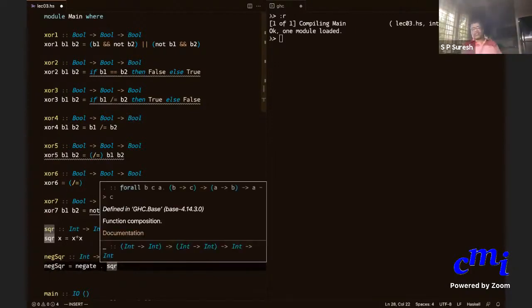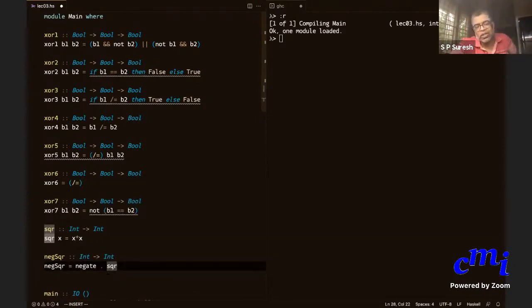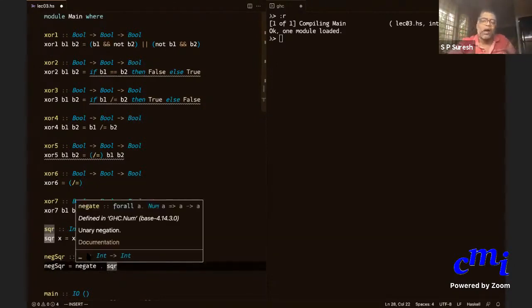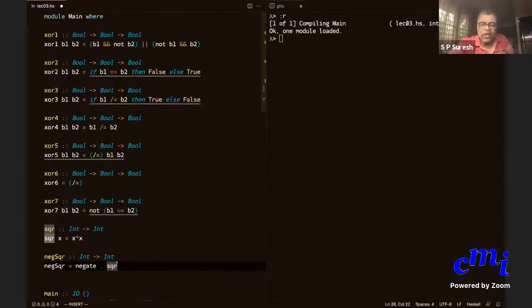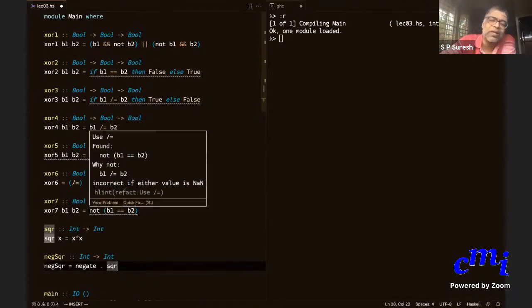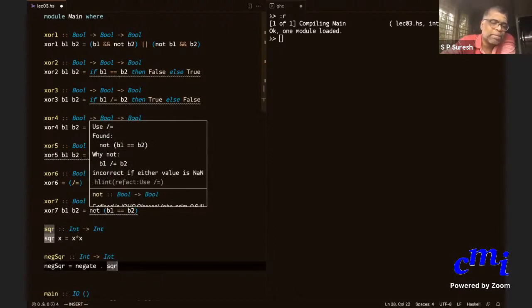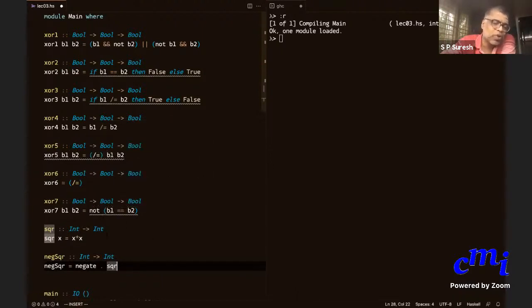Okay, this dot is nice. But this dot, remember, only works if things are reasonably, what should we say, clean. Here square is a unary function, meaning it takes only one argument. In that case, this dot works. If it's a binary function, it won't work directly like that. That is one drawback. We'll see various other ways of getting it to work later.